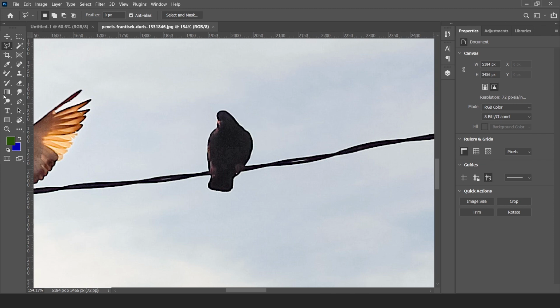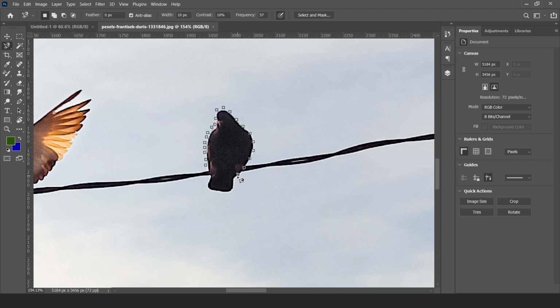Now third one is magnetic lasso tool. Magnetic lasso tool is when you single click on the tool and move the cursor toward the object, it will automatically, like a magnet, step by step, create points with this tool.